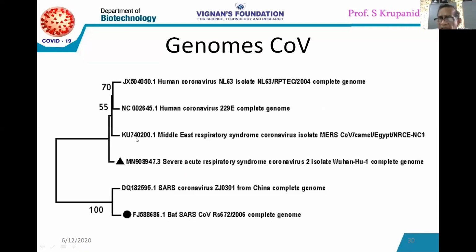In this also please make a note that this is not a dendrogram. It is a phylogram. In this, make a note of the length of the branches. This branch that has appeared here is a short branch. The short branch means the recent origin of this coronavirus is reflected through this phylogram.